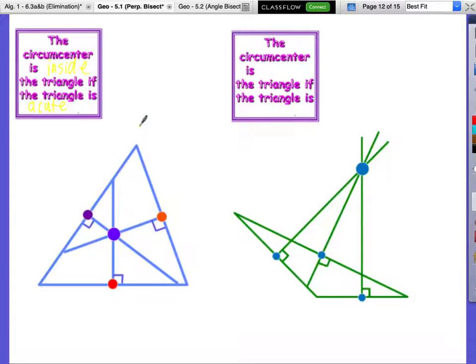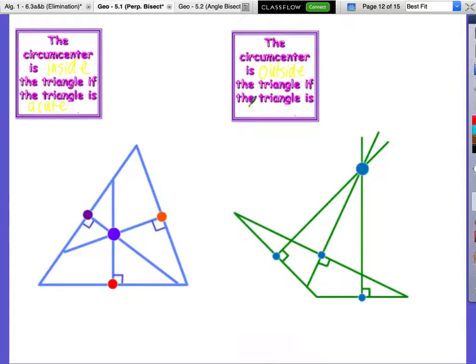So this is the circumcenter. This is an acute triangle, correct? Yes. So in any and every acute triangle, you'll have the circumcenter being inside of the triangle. Every time it's acute, it'll be somewhere in the center. Now, the circumcenter will be outside the triangle